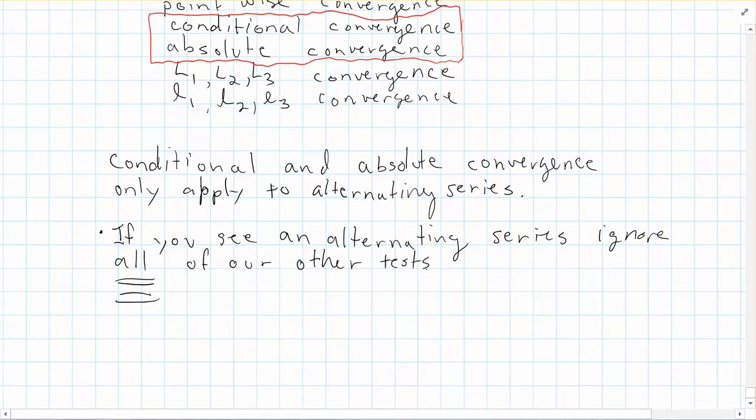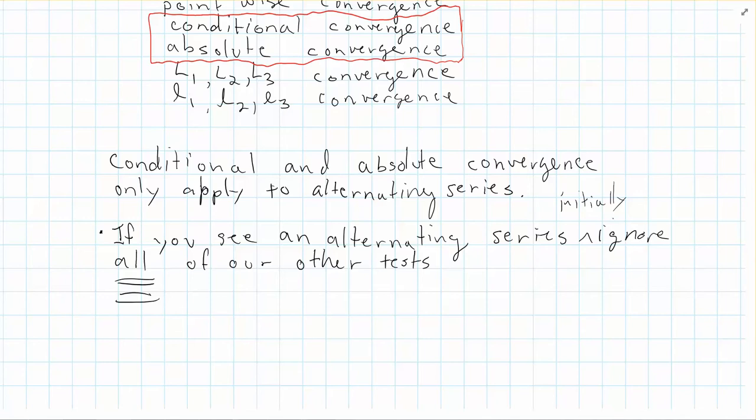Well, I should be careful. Do I want to say ignore all of our other tests? Well, I'll put it here, initially ignore all of our other tests. We will use some of the other tests eventually, but initially you want to ignore all of them. Alright, so